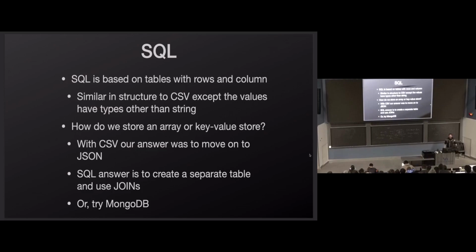And the short answer is you kind of can't. The longer answer is, well, you could store a JSON string, but at that point you're just using JSON. But you kind of can't. And you got to use something called joins. You would create a separate table for recovery opportunities, and then use joins and foreign keys and all that stuff. Maybe you've used that in a different class, or on one of your own projects. But you would use joins with separate tables and store all your data in separate tables. Or you give MongoDB a try. MongoDB is going to solve that in a much simpler way.